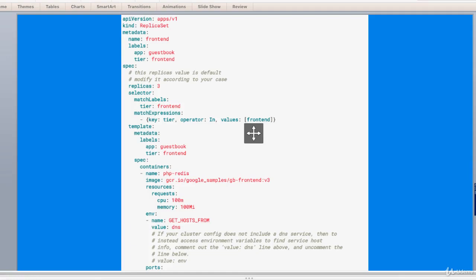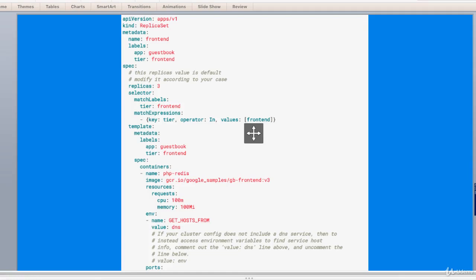When to use a replica set? A replica set ensures that a specific number of pod replicas are running at any given time. However, a deployment is a higher level concept that manages replica sets and provides declarative updates to pods along with a lot of other useful features. Therefore, we recommend using deployments instead of directly using replica sets unless you require custom update orchestration or don't require updates at all. This actually means that you may never need to manipulate a replica set object. Use a deployment instead and define your application in the spec section.